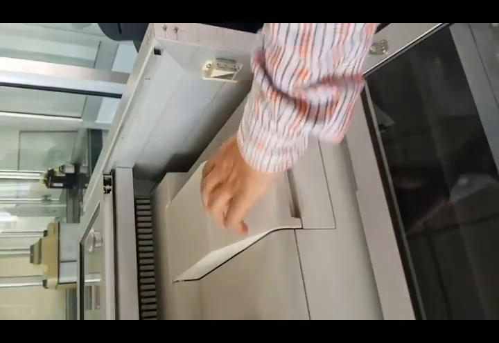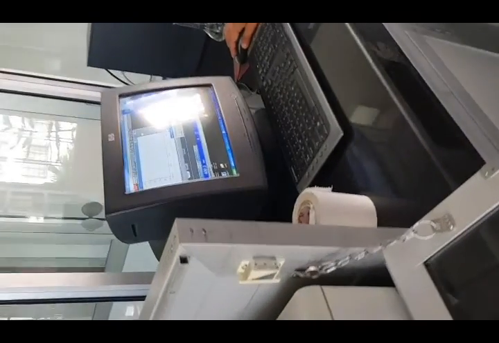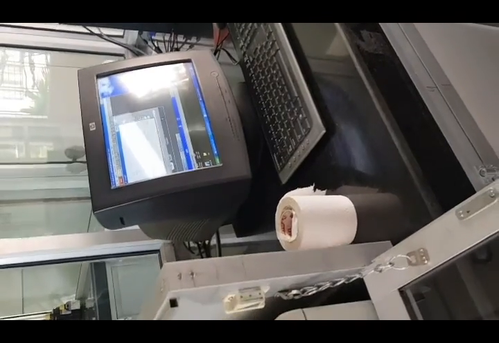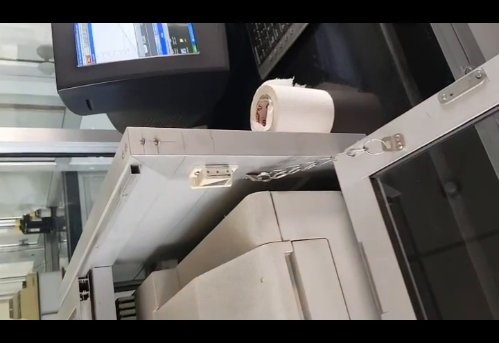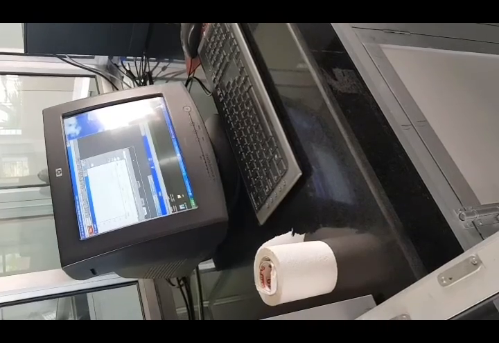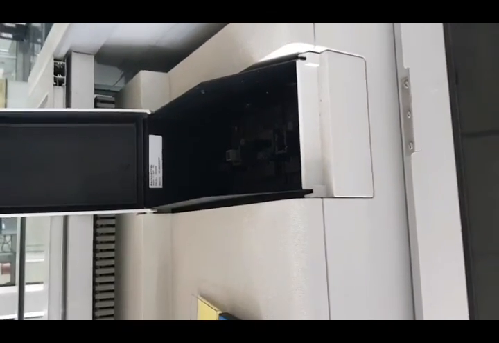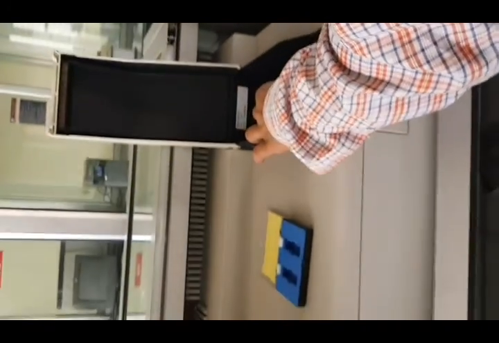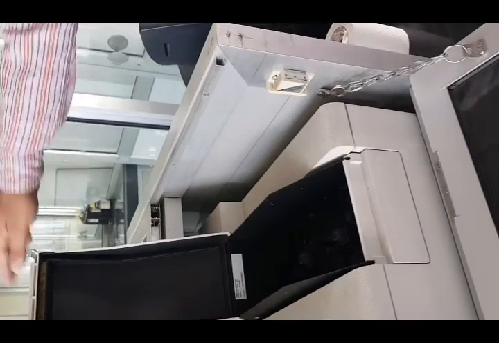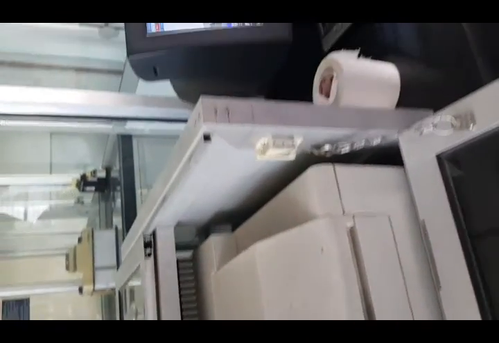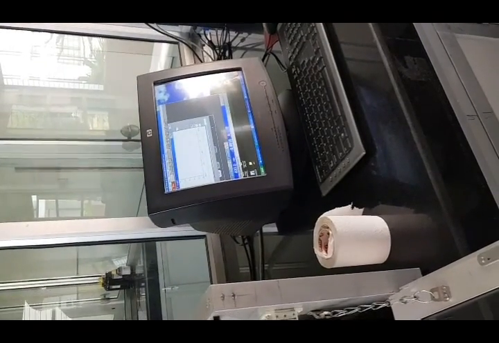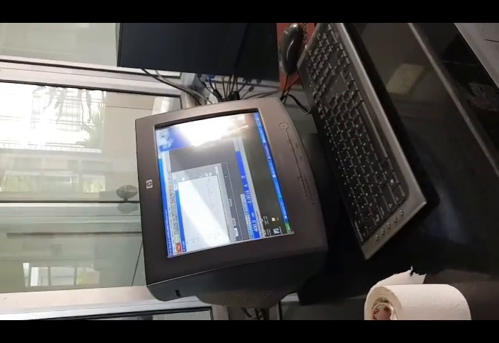So this is our blank reading. The two cuvettes are filled with blank solution. So we have taken the blank baseline correction. So now this is the test sample we are keeping in the box and taking the reading of the test sample, that is your paracetamol at 257 nanometer.